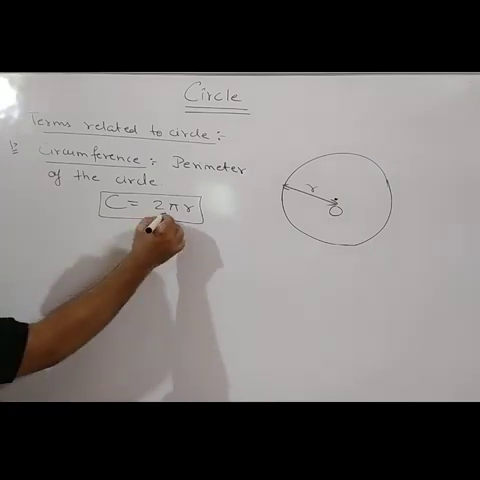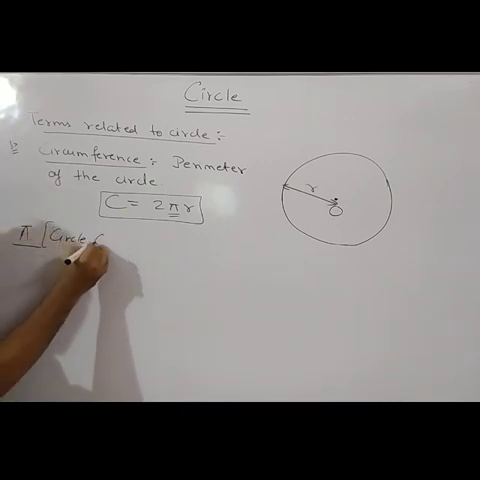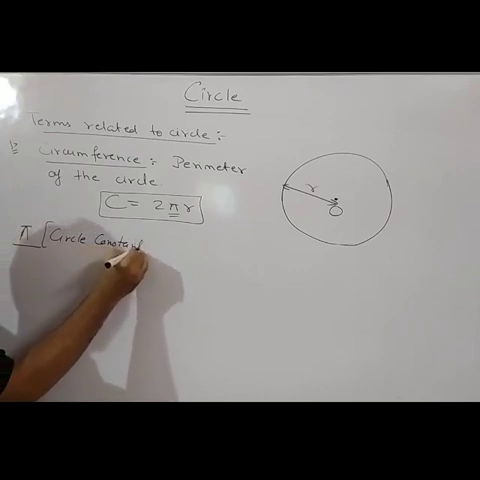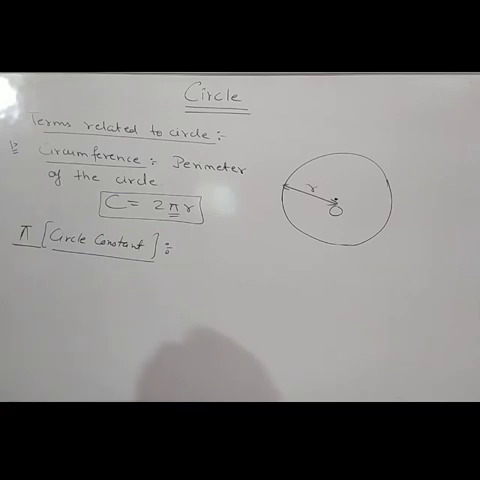Now what is this pi? First let us talk about the term pi. What is the meaning of pi? So we can define pi, which is also known as circle constant. How will you define the term pi? So the basic definition of pi is,